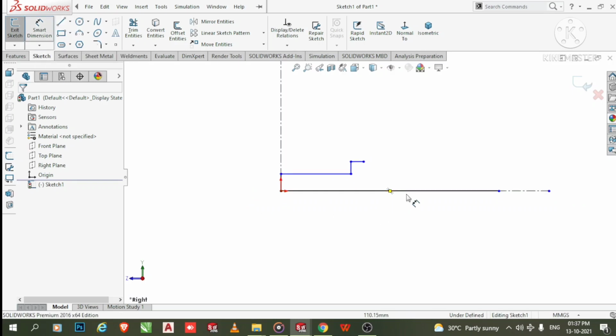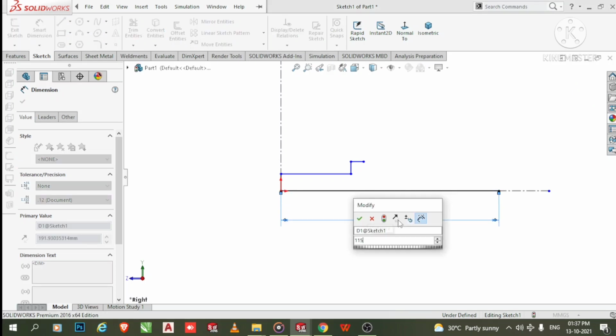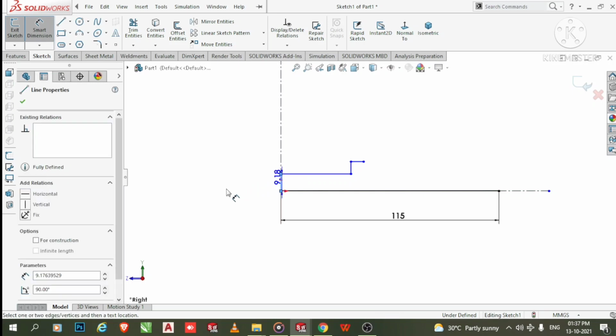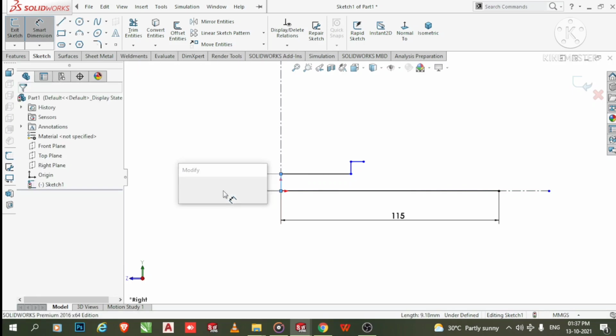So go to the smart dimension and select this line and make it 115 mm. Now select this line and make it 2.5.